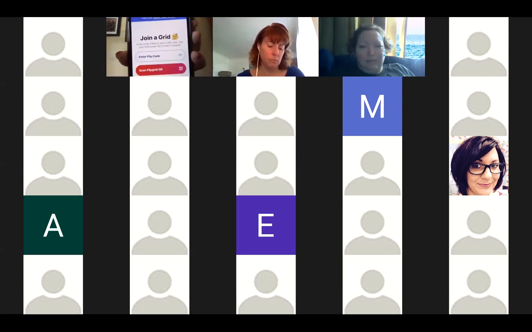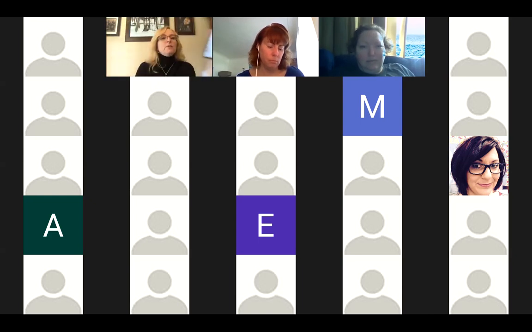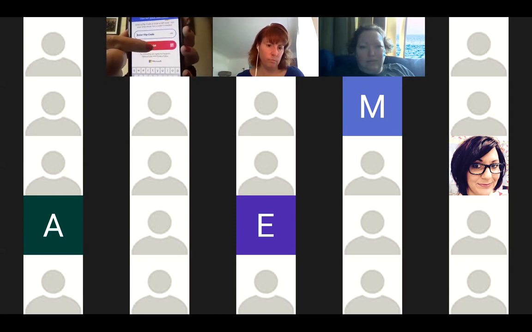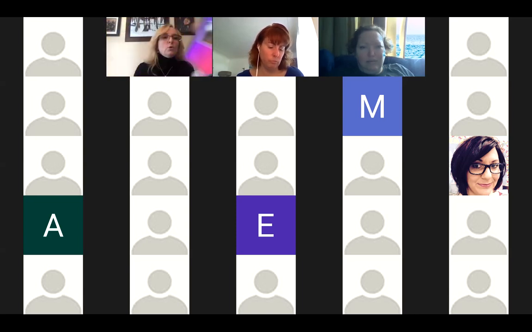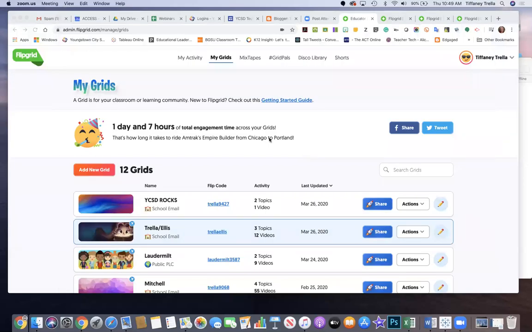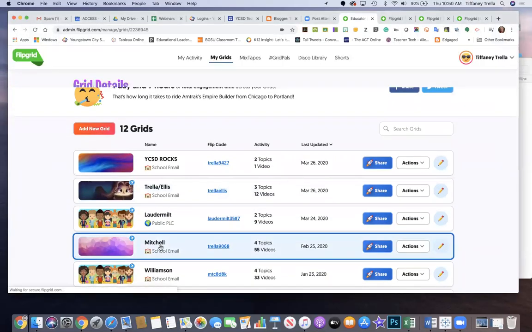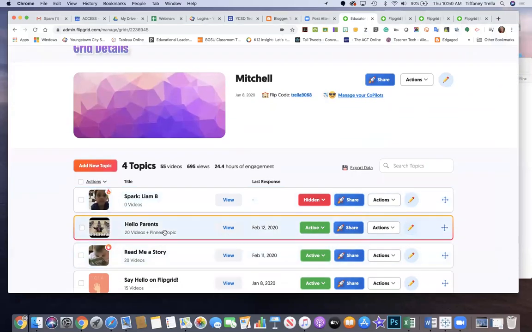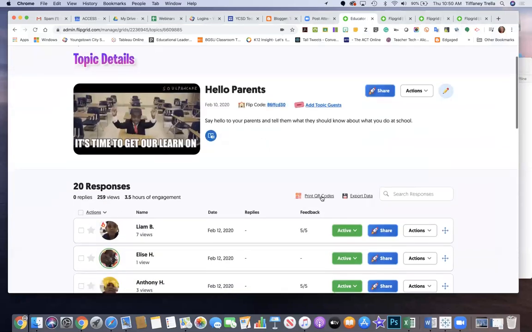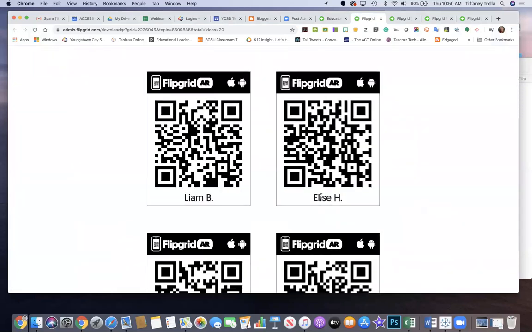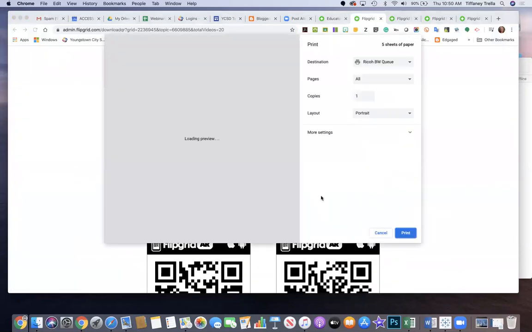So this is what it would look like for the kids. All they would have to do is tap on that and put in their name or that code. So the scanner at the bottom, if I click on that scan, it opens up your camera. And I'm going to go back to sharing for a hot minute. And if I scan one of these videos that are out here, so if I go to Mrs. Mitchell and I go to the Hello Parents and I go to the QR codes, if I take my camera and I scan